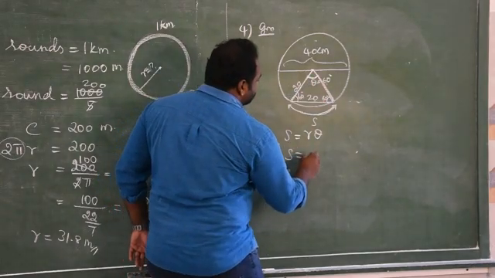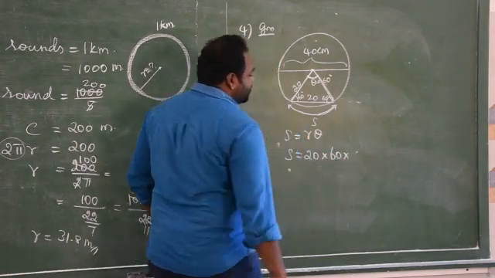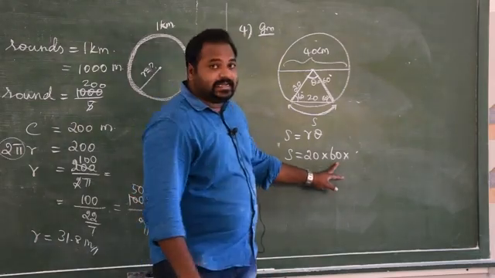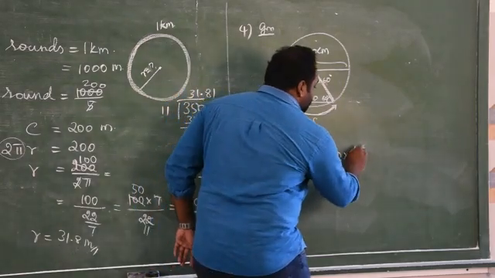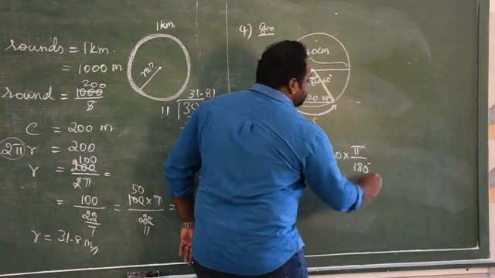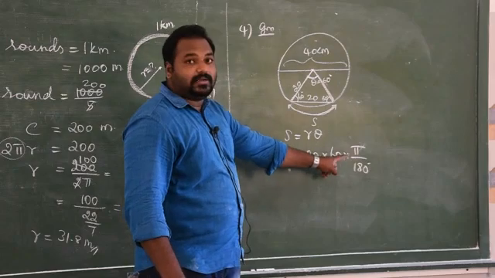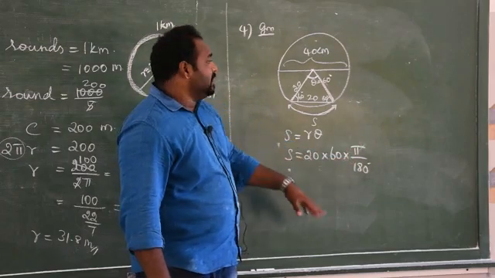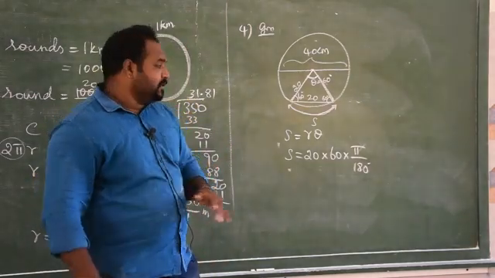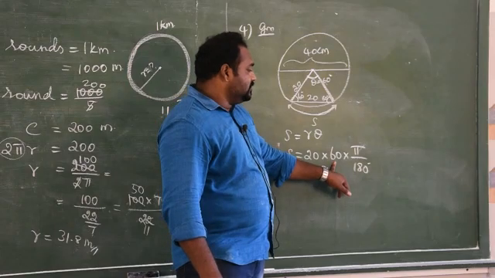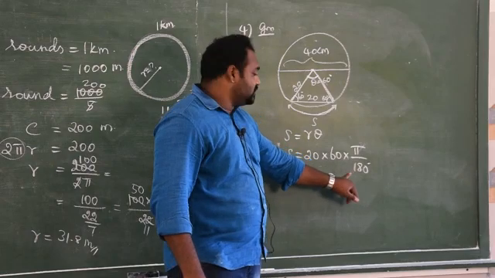So here S equal to 20 into 60 degrees. Actually, we cannot give degrees directly, theta must be the radian value. So we have to multiply with pi by 180. Just keep that in your mind always in all problems. When you take theta as degrees, we have to multiply with pi by 180. If some problem asks to give the answer in degrees, at that time we have to convert into degrees. So here instead of the degree value, I am giving 60 into pi by 180 in radian measurement.